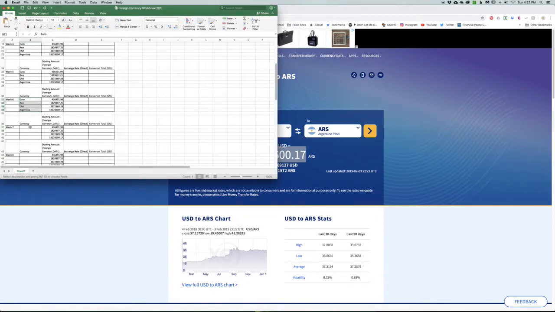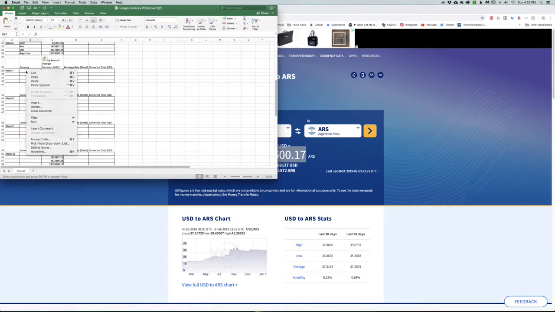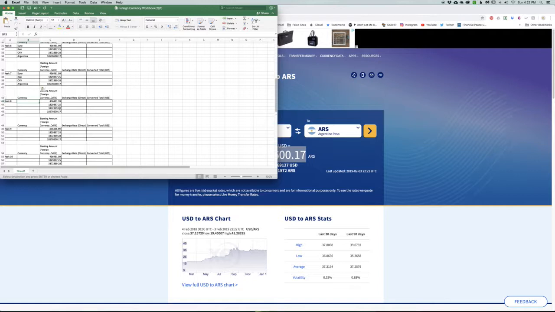Okay, so you can just copy these down because they're not going to change. You're not going to switch your currencies week to week. And now, instead of doing the US dollar to the peso,